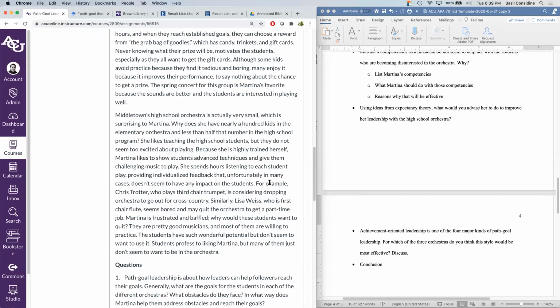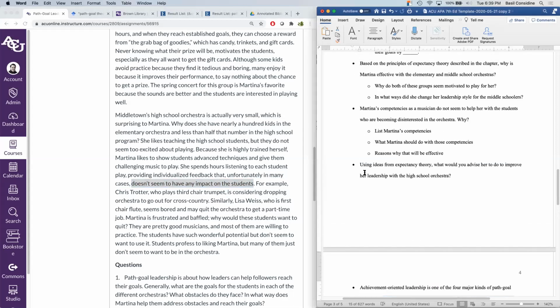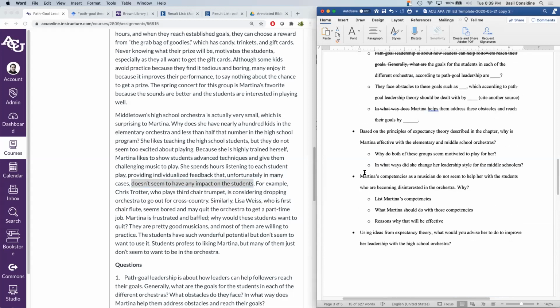So we have the high school orchestra is very small. We have lots of kids at the elementary school. We've got fewer than that along the way. Okay, so let's see what she's doing. And it says, unfortunately, what she's doing does not seem to have any impact on the students. So even though this is near the bottom, I'm like, oh, I remember supposed to be listing things about what's not working. So I can go and see, okay,